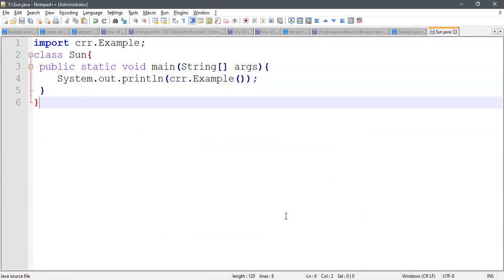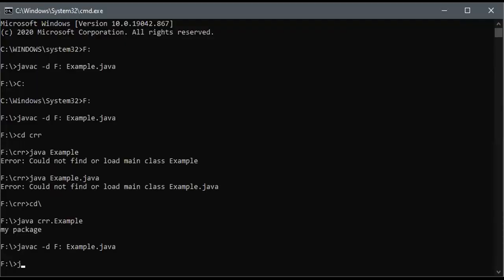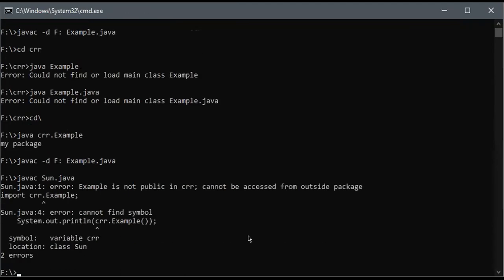How are we going to run this program manually? We need to go to the command prompt. Here, java, see how you are going to run the program directly. The name is sun.java. See what has happened? Example is not public in CRR.